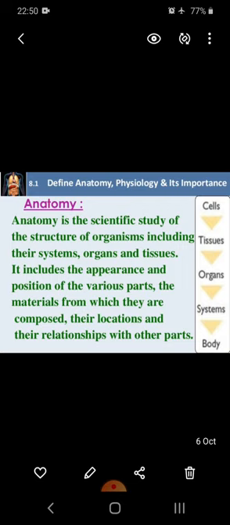So anatomy is the study of the shape and structure of the body of an organism or living being. The word anatomy is derived from the Greek words ana and tomy, where ana means apart and tomy means to cut. In physiology, the functions of various systems such as respiratory system,